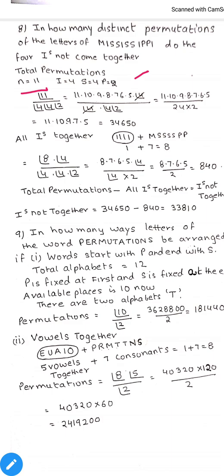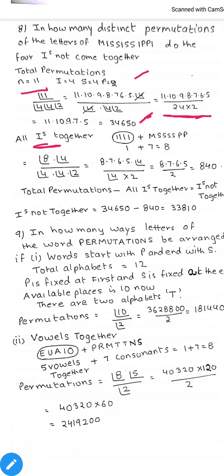So let us reduce factorial 11 as 11, 10, 9, 8, 7, 6, 5 factorial 4. Factorial 4 gets cancelled out. Factorial 4 has value 24 and factorial 2 has value 2. 2 and 24, the product is 48. We know 6 8s are 48. We can cancel 6 and 8 from the numerator and 48 from the denominator. We are left with 11, 10, 9, 7, 5. That comes out to be 34,650.